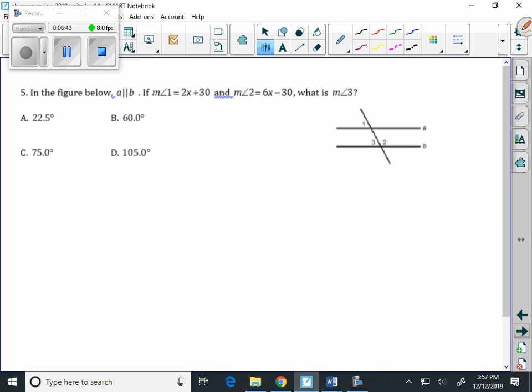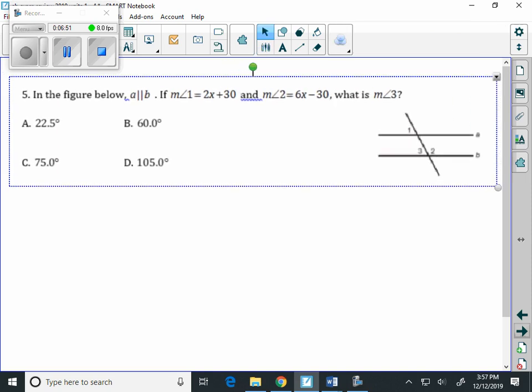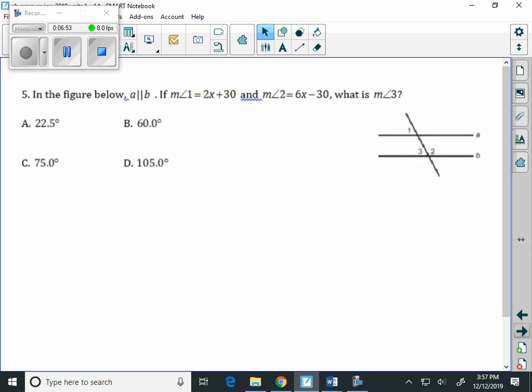In the figure below, A is parallel to B. If measure of angle 1 is 2x plus 30, and measure of angle 2 is 6x minus 30, what's the measure of angle 3? Well, again, we need to know some relationships within this, but